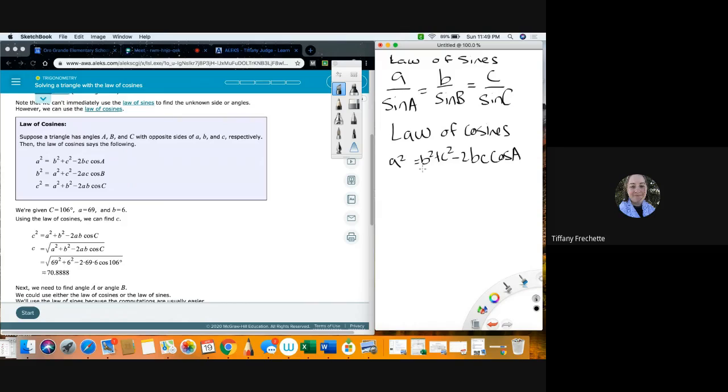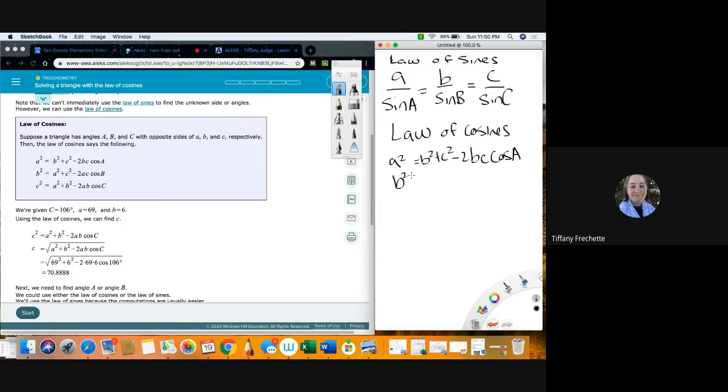And this is, so if you have one angle and two sides, but you don't have the side that's opposite angle A, you have B and C instead. So I can find A. Or if I do have A and I have one of these sides, so actually it depends. This would be more if we're looking for either side A or angle A in this case. If we're looking for an angle, we can use most of these instances, but